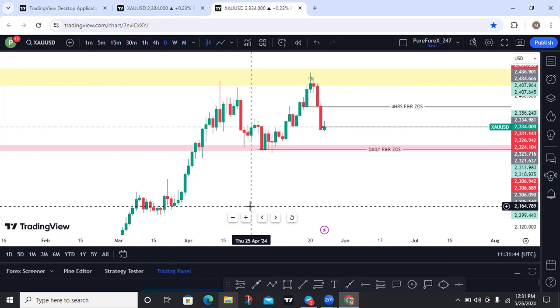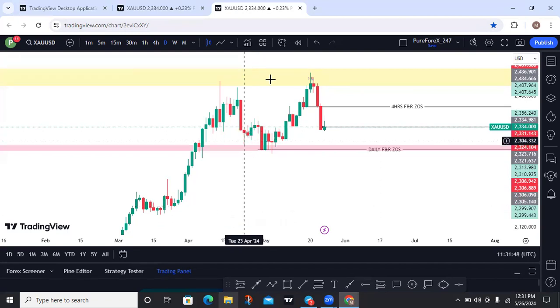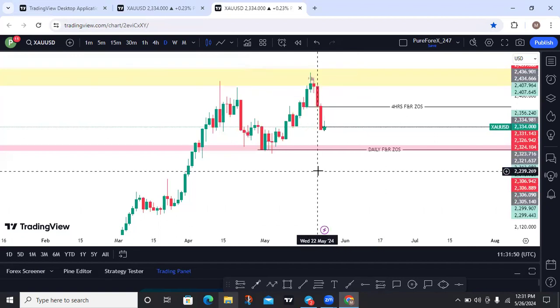So we are going to be looking for what? We are going to become sellers because we have a rejection coming from the monthly time frame. There is a rejection from the weekly time frame. Also, there is a rejection, right? So now we are going to be looking for an opportunity for us to sell, right? And this is when we want to see any Fantastic 5 or the neckline break, because we use the neckline break on gold. I use this entry on gold only.